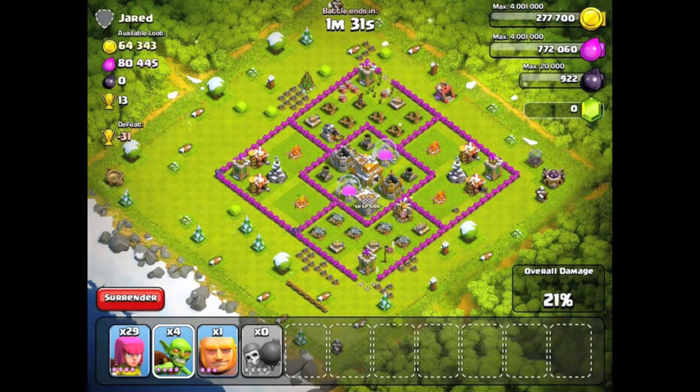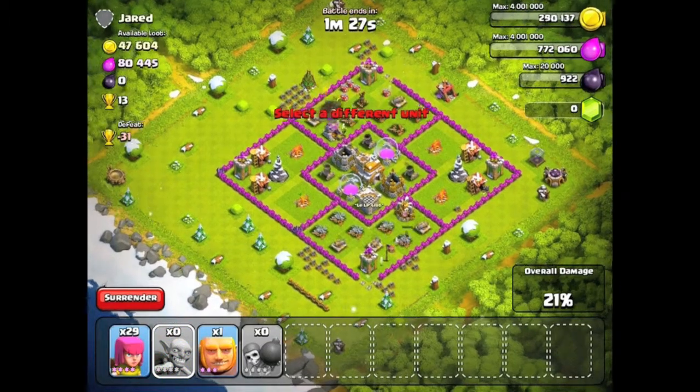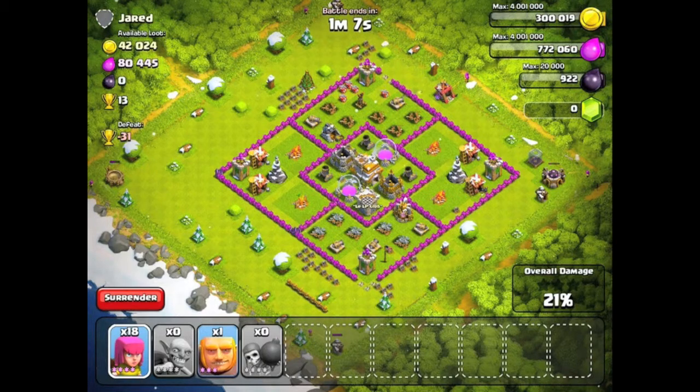So I'm actually going to drop the last of these goblins, and I'm going to take these archers that we have left here, and I think what I'm going to do is drop them on these buildings that are on the outside. So I'll probably drop one of these 2 builder huts, the spell factory, laboratory, looks like this other builder hut, and dark elixir storage. So this should hopefully get us to